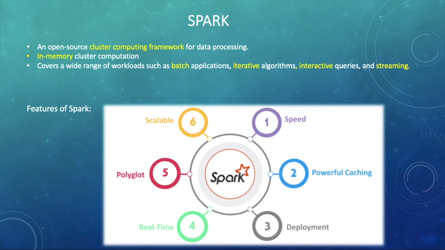And also it is polyglot in nature, as Spark provides high-level APIs in various programming languages like Java, Scala, Python and R. Spark can be written in any of these four languages, and it also provides shell in Scala and Python. Last but not the least is its scalable nature. We can configure the Spark cluster as per our use case requirement. And because of these features, Apache Spark has become mainstream and the most in-demand big data framework across all major industries.